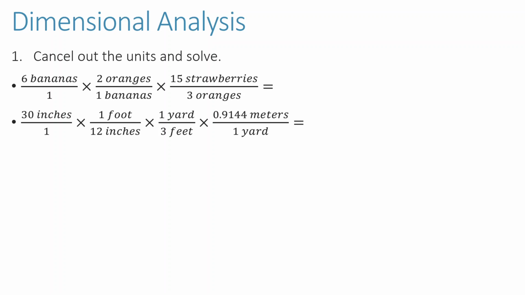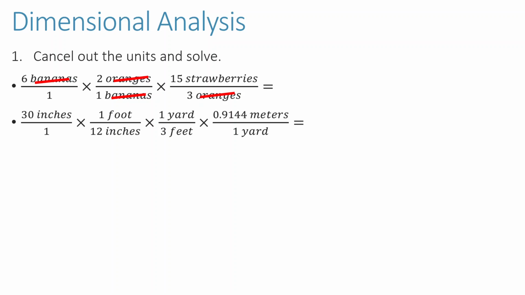So we use units and cancel them out by dividing them. So see how I have 6 bananas over 1? And then next to that, on bottom, I have bananas. So what I'm doing here is I'm dividing bananas by bananas, and so that unit cancels out to 1. Next, oranges will cancel oranges here. So the only unit that hasn't been canceled out is strawberries, and that tells us the units that our answer